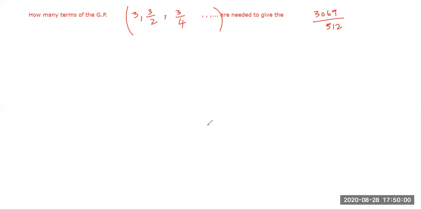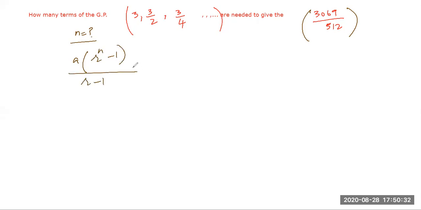We'll do it in blue ink now. I'll write this in brown, deep brown. We want to find the value of n. Yes, Arjinder? How will we start? How many terms? We want to find n. So we will apply the formula for Sn. This is the sum of how many terms? Sum of n terms. Very right. So the sum of n terms is given by a into r raised to power n minus 1, divided by r minus 1. Always write the formula, students.